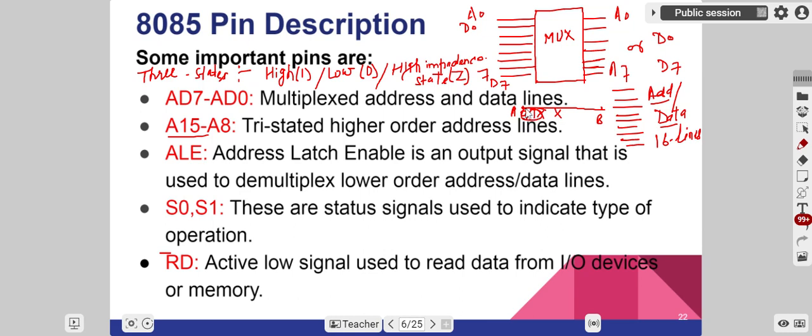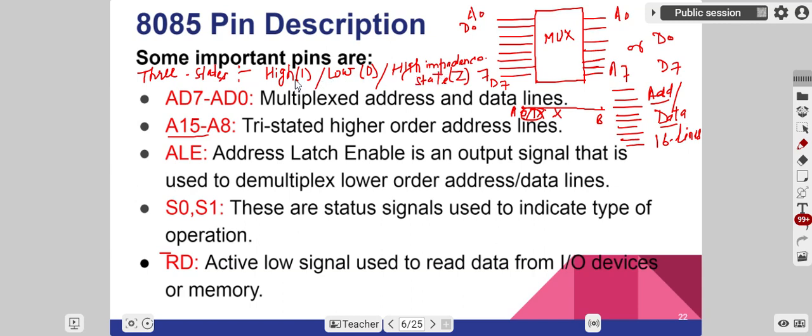So this line between points A and B, that is this line X, will work as a high impedance line. At that time, nothing will pass through this line. Whenever nothing passes through this line, it means high impedance, which is related to resistance. So whenever there is high impedance at a wire, that wire will pass nothing. That wire will resist everything. So that's why it is called the high impedance state.